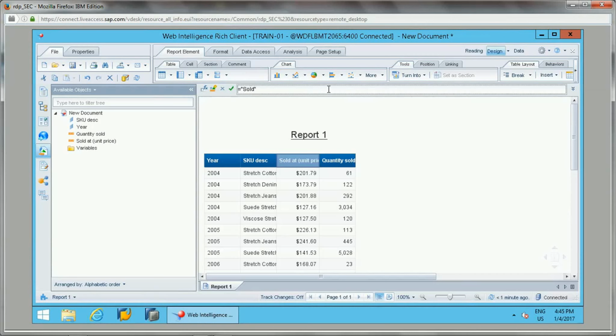How we can rename is I can just type it here as a string and click on OK, so that it will directly take the value. So quantity sold I'll just say quantity.